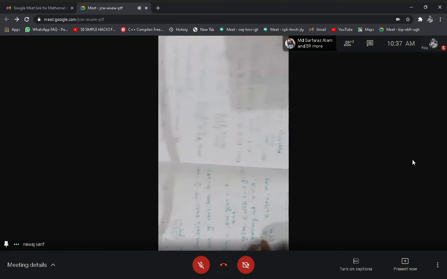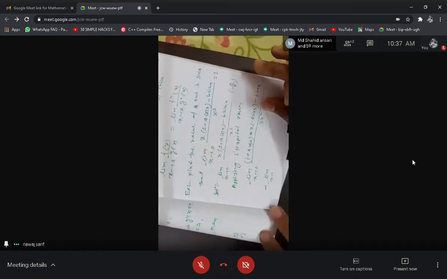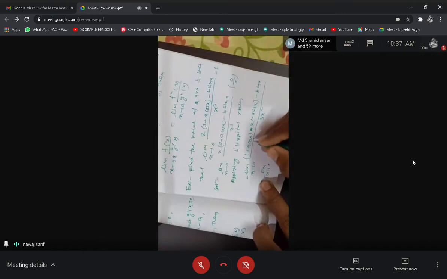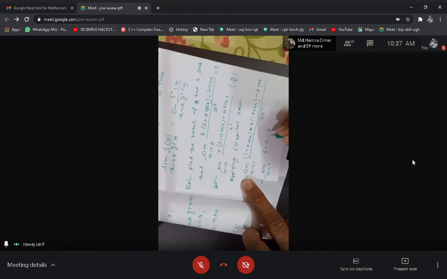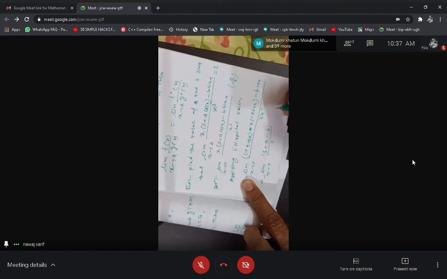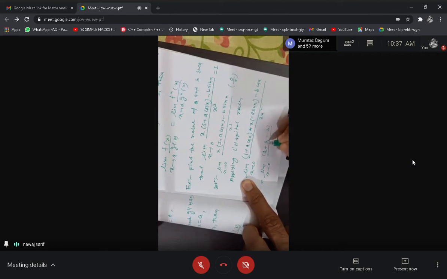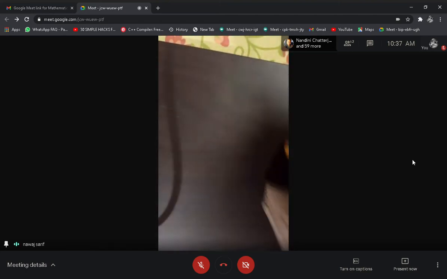Limit x tending to 0 and the numerator is 1 plus a minus b, and denominator is 0. But this is some number by 0, not the 0 by 0 case. So you cannot apply L'Hospital rule here. L'Hospital rule is applicable only when the numerator is also 0. So this will be 0 by 0 case only if